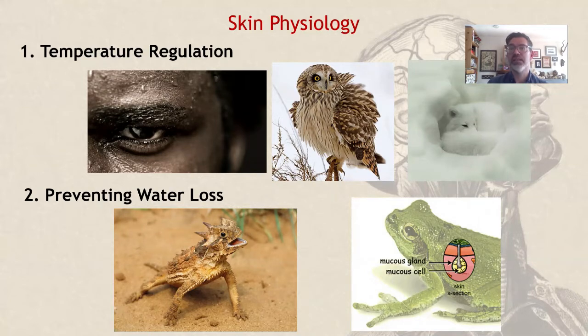Second, the skin prevents an animal from drying out. We are like water balloons, and we don't want any water leaking out. Some animals have mucus glands that add a layer of slime to certain parts of the body, like the lining of the lungs and intestines, to keep them wet. Amphibians are slimy because they have mucus glands all over their body.